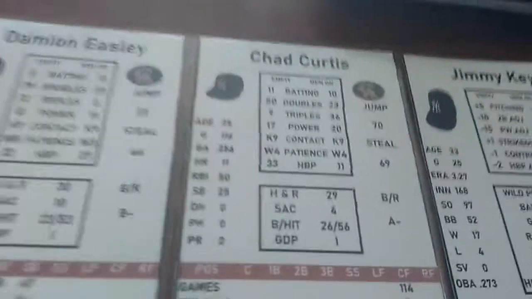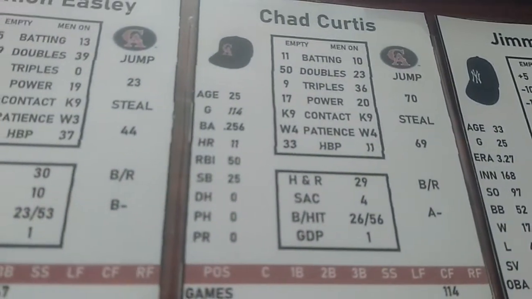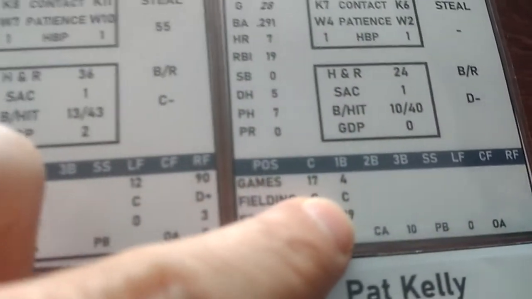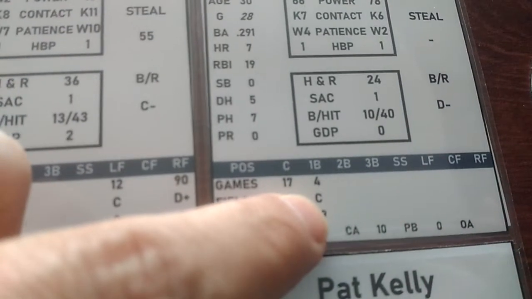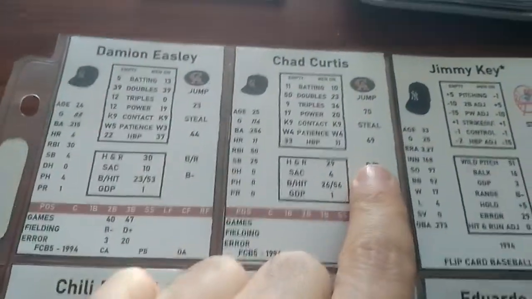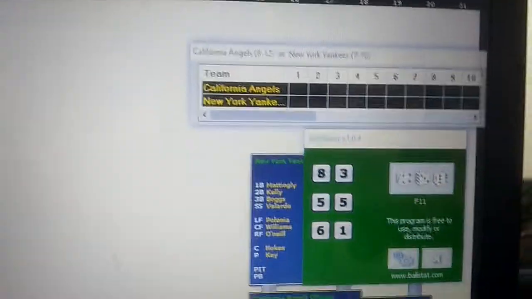Now, Chad Curtis has a steal rating of 69, and he's going against the catcher for the Yankees. And I need to turn this over, of Matt Noakes. Now, Matt Noakes, down the bottom here, has a rating of 10 for catcher's arm. So that's a +10 against Chad Curtis, who is a 69. That's a 79. So if we go over to the ball roller,